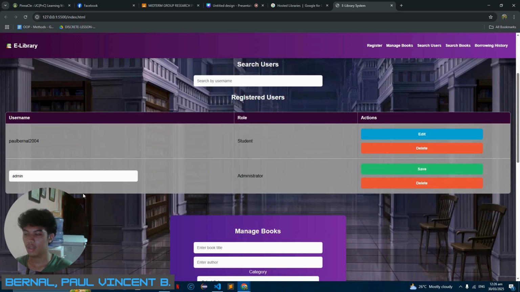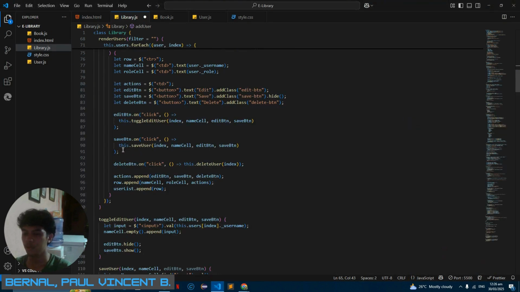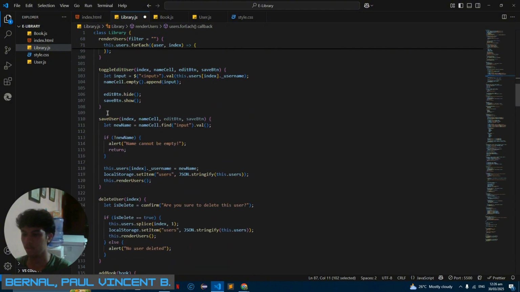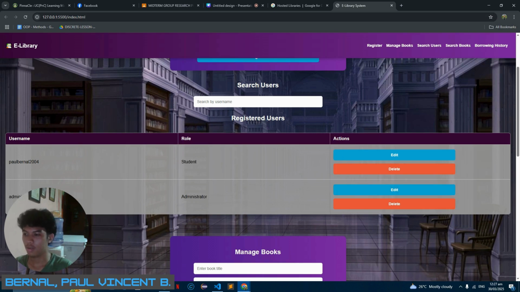As you can see, there's an input field to allow the user to change the value of the username. As you remember, a while ago we discussed the edit button and the function for toggle edit user. So I change this to administrator. When I click this same button, as you can see, it changed to administrator.